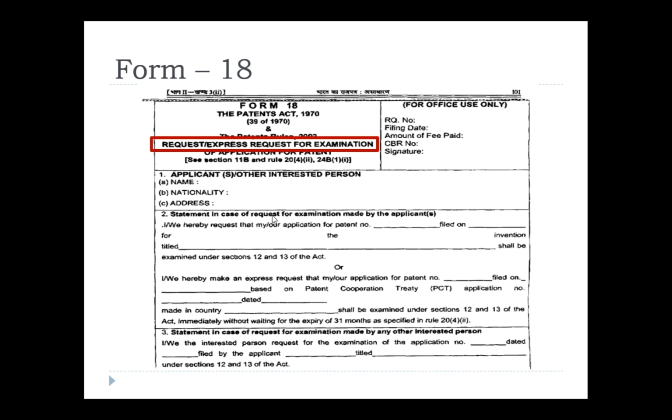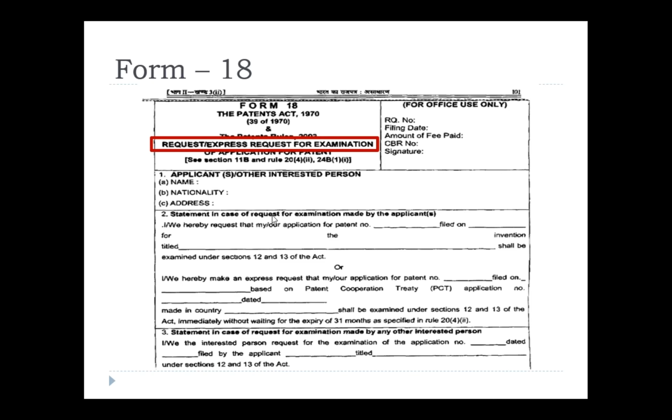You can even see some of the patent forms that have been taken from the patent office website itself. As I told, you can download all the forms from the Indian Patent Office website, that is ipindia.nic.in.